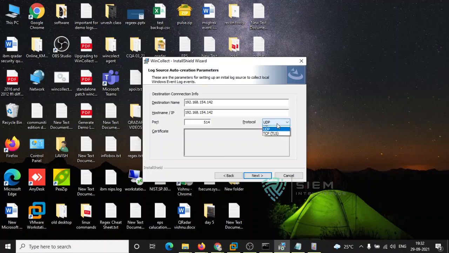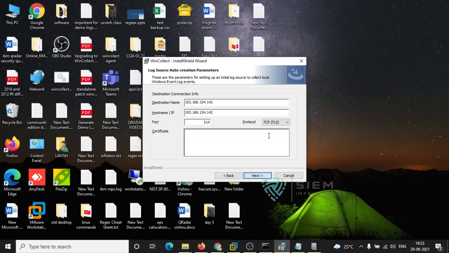If you want to check the acknowledgement of every event, if your log is more important and you think every log should be acknowledged on reaching the destination, you can use TCP. And there is an option called TCP TLS. Sometimes your log is more sophisticated, and on the network, no one should be able to see it.